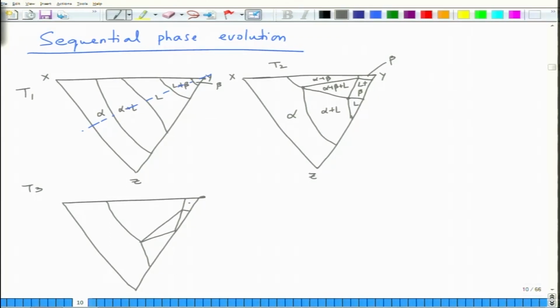So, this is for instance beta, this is alpha plus beta, this is alpha, and somewhere in between you have a tiny phase field here as liquid, then you have liquid plus alpha, you have liquid plus alpha plus beta, and then you have liquid plus beta. So, this very tiny phase field here is liquid, and when you come to very low temperature